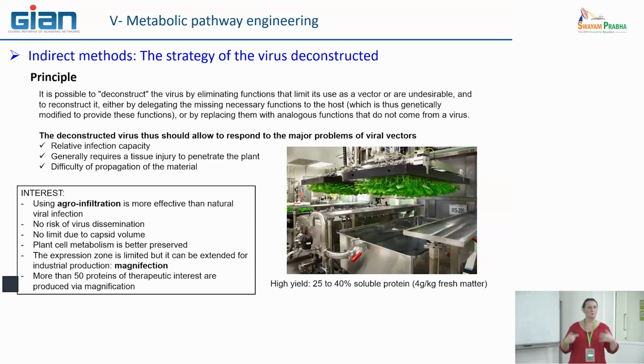And at the end, you just have to harvest the fresh biomass in order to purify what you want to purify. So here it's for protein, but you can imagine, and there are some assays that people are trying to develop now, to implement here several transcriptional factors or really metabolic genes that are involved in metabolic pathways, not only to produce the protein, but to produce enzymatic activity that could lead to production of a high amount of metabolite in these plant cells.